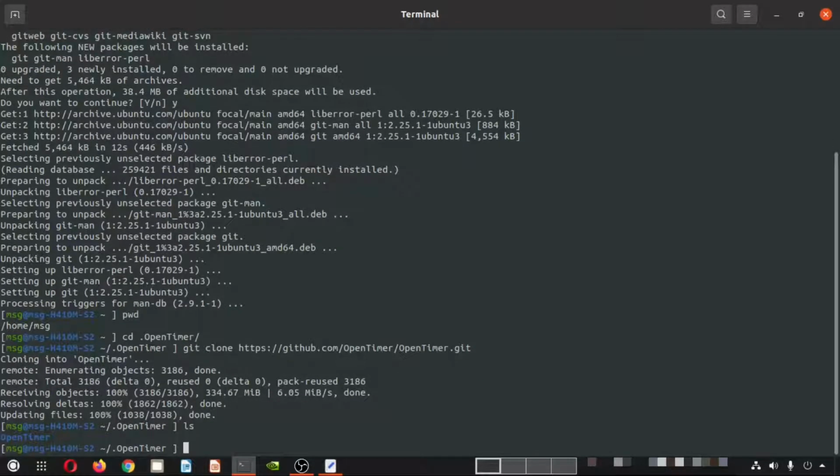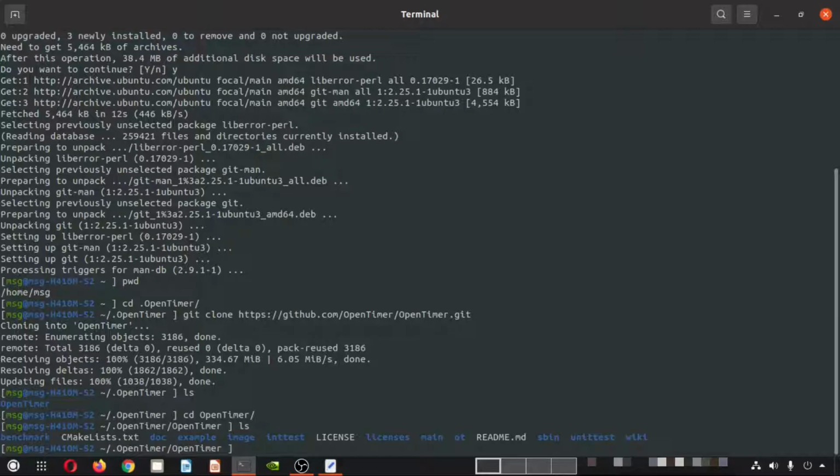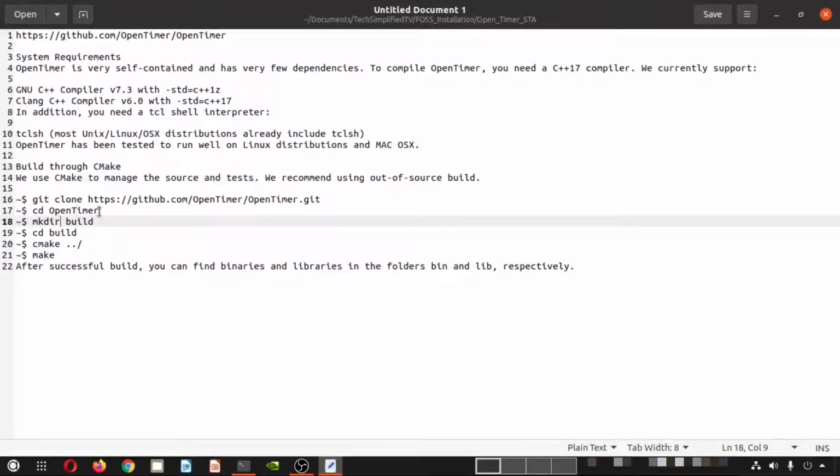Let me do an ls command. It has created another directory called OpenTimer inside. Let us go inside that directory. We are now inside the directory, and we can see a lot of files here. Let me go back to the instruction set again. We have gone into OpenTimer, and